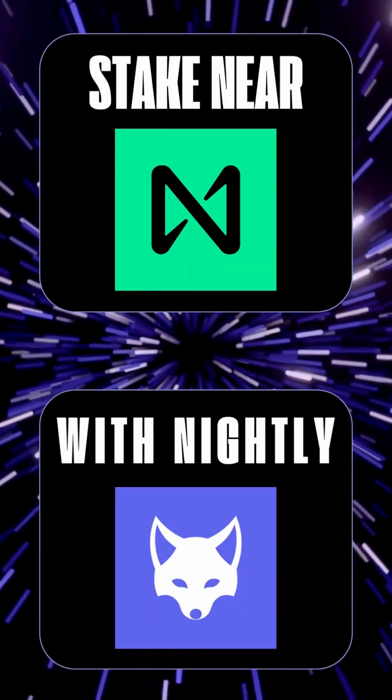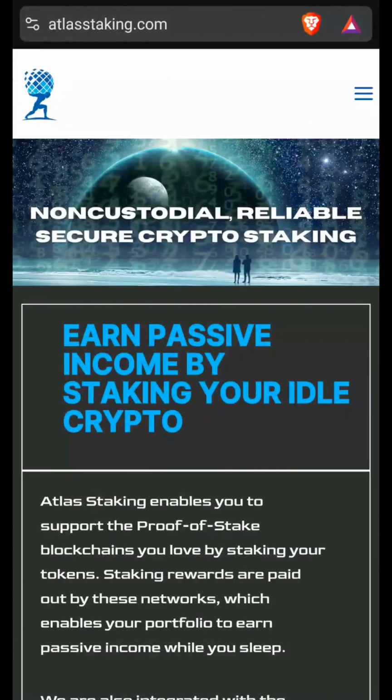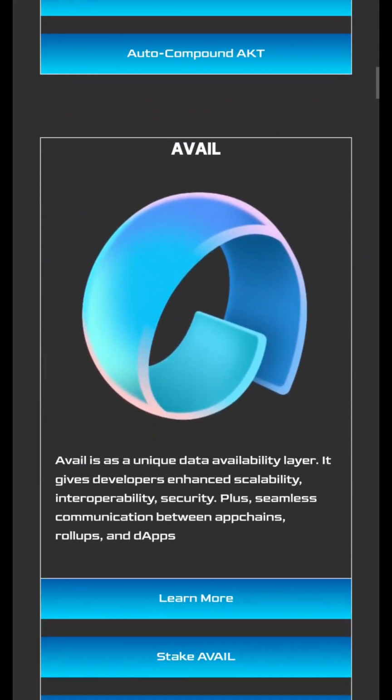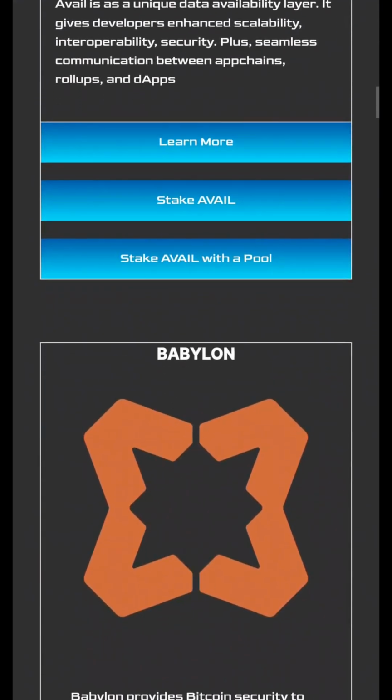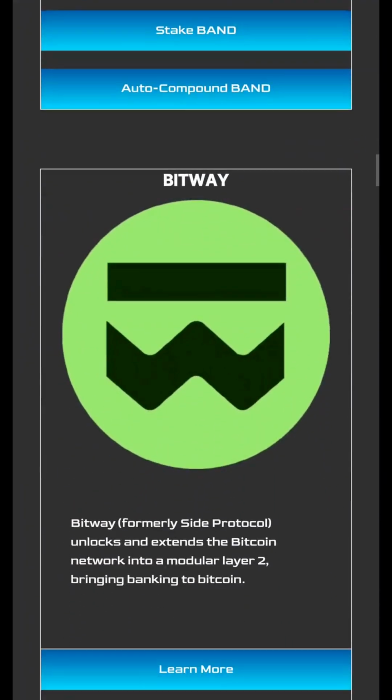Today we're going to show you how to stake NEAR tokens with Nightly Wallet, but before we get to that, Atlas Staking is continually adding validators, so the information you see here will change. But as of today, you can stake Akash, Avail, Babylon, Band, which is a cross-chain oracle bringing real-world data on-chain,